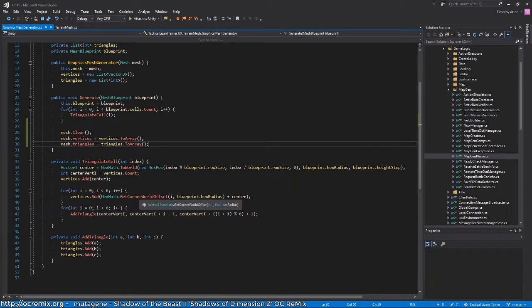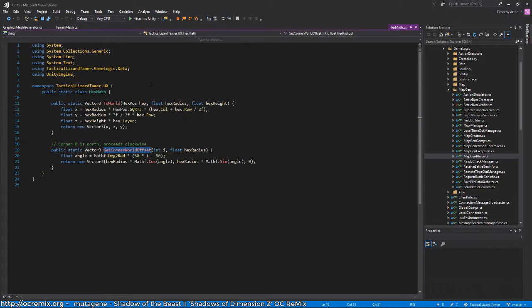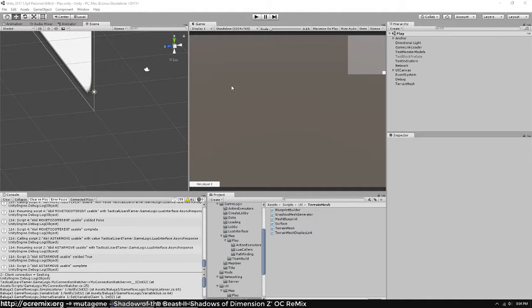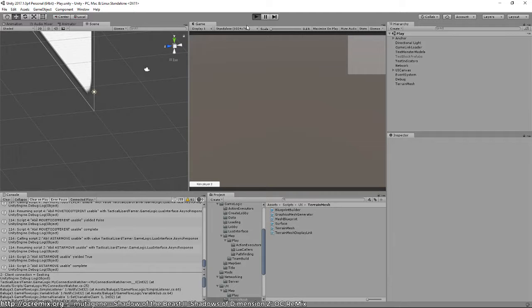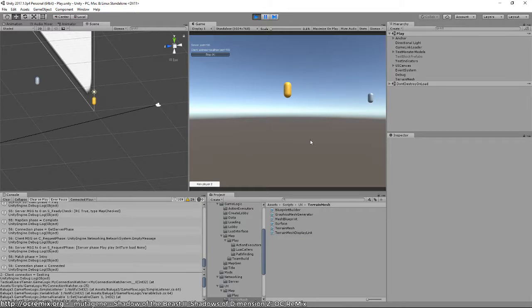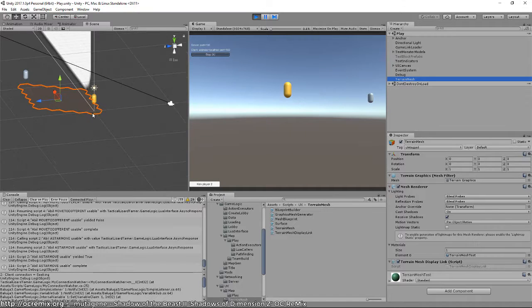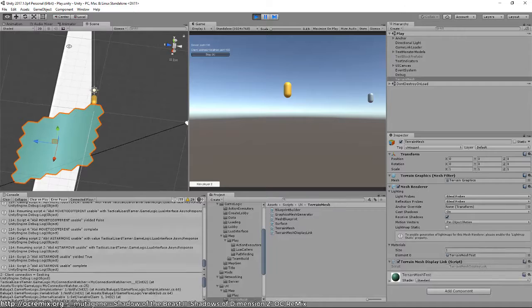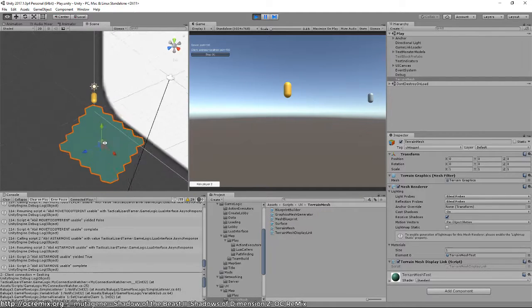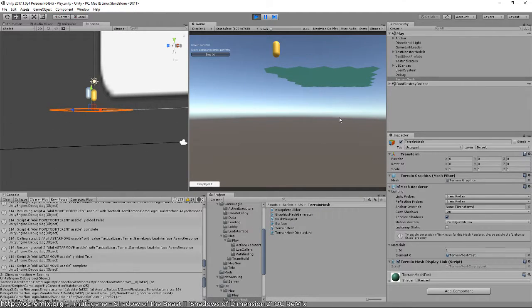So I guess it would actually happen here, because the corner offset right now is on X and Y, and we need to change this to Z, I think. Or change that to the Z coordinate. And let's see how that works now. I think it will still be facing the wrong way, but... Okay, so now it's flat, but yeah, the winding is backwards because you can see it from the bottom. I think if we rotate the camera,